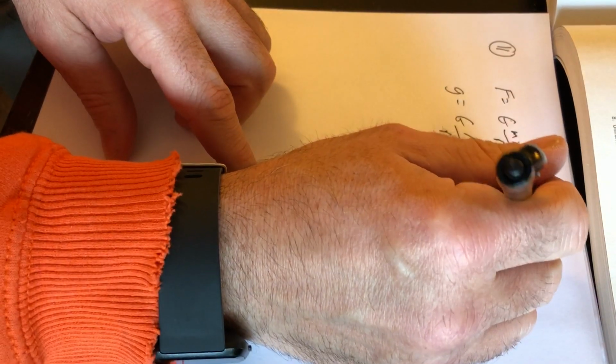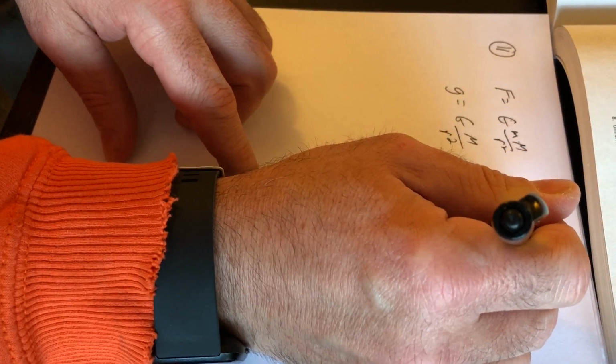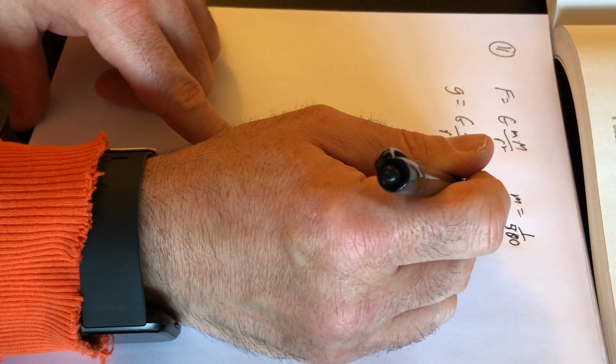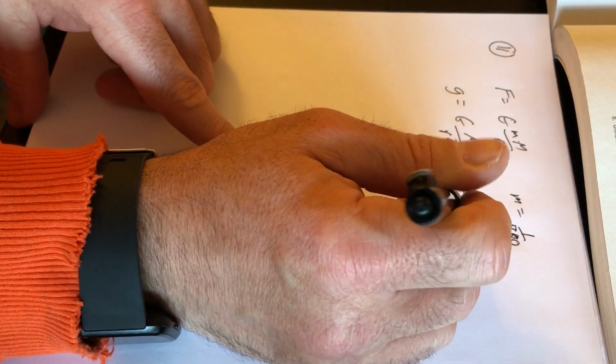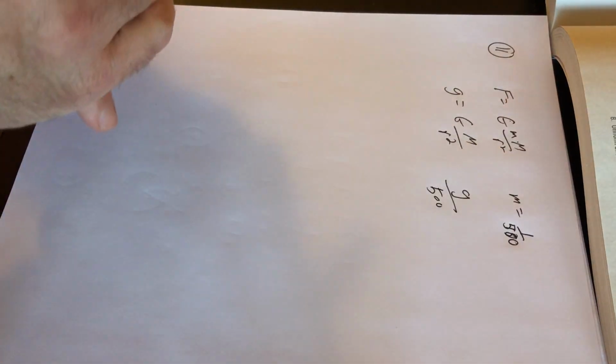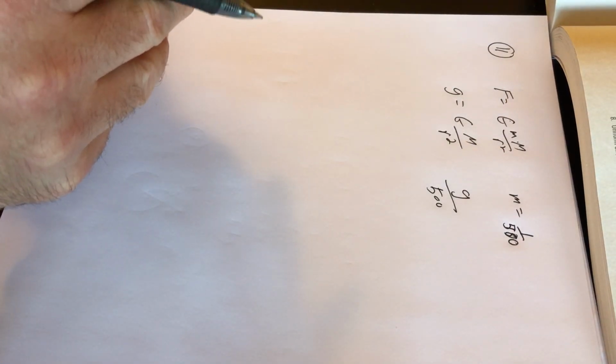The mass of the satellite goes away here. So they're telling us that the mass would be 1/500th. So I'm going to take G and I'm going to divide that by 500, and then